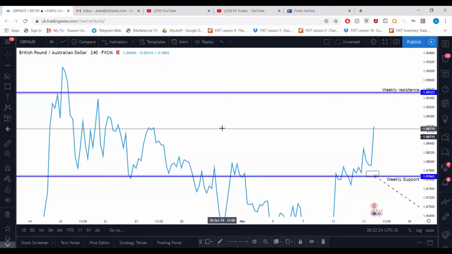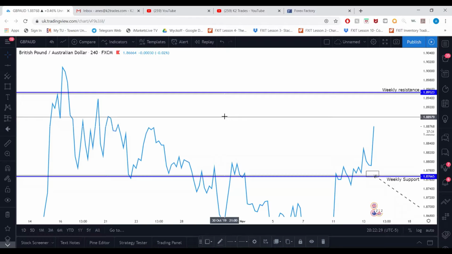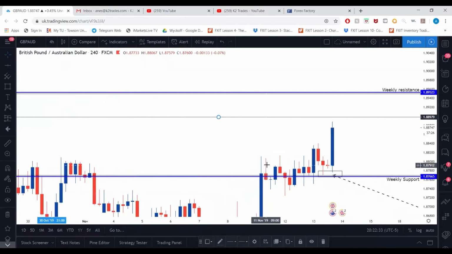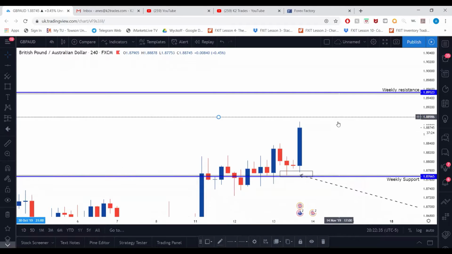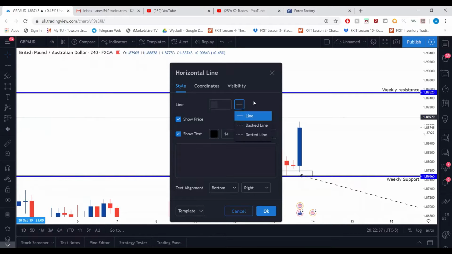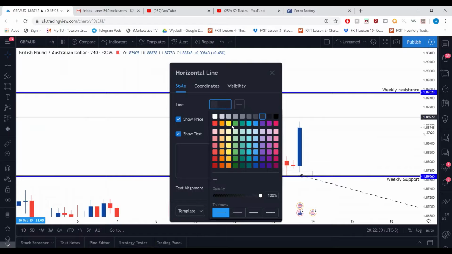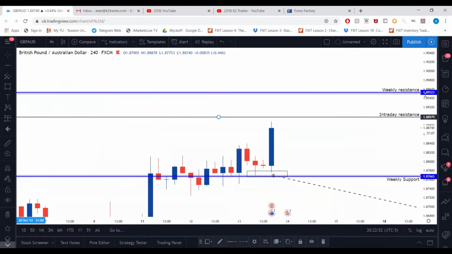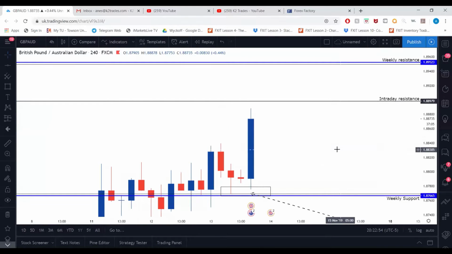This can make an argument, but it kind of pushed through. So it's really this zone right here. So we're gonna label that. Let's make the line a little bit thicker. There we go. So we're gonna label that as intraday resistance. I'm gonna put it on top. So looking at it right now, oh,